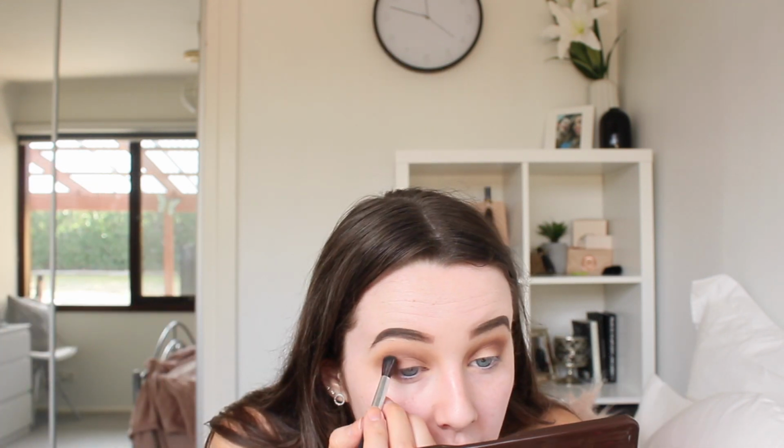I'm taking, like usual, just a clean blending brush. This one is literally my favourite ever because it's so fluffy. Can you see that line? I have a line. I think it's like a vein or something. Okay, once I blended that out, I'm going to be taking the shade